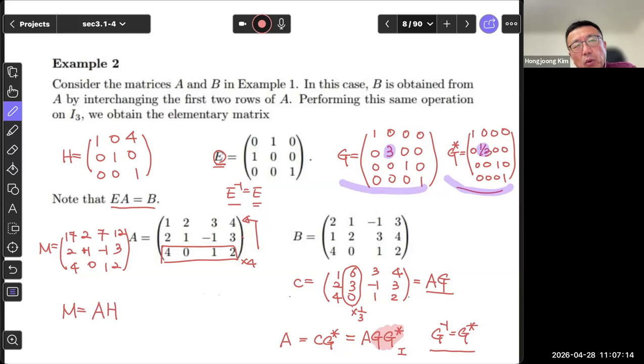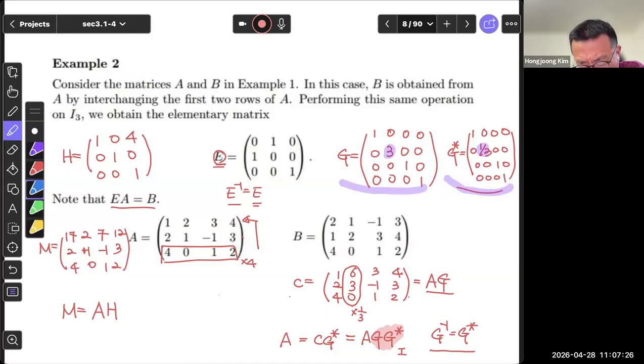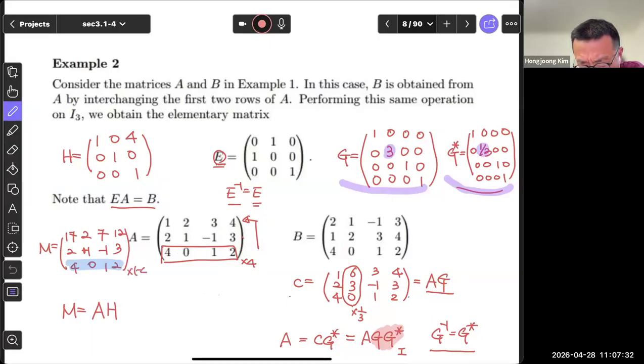Now, how can I go back to A matrix? Given the third row in M, if I multiply negative 4 to the third row and then add it to the first row, you go back to A matrix,